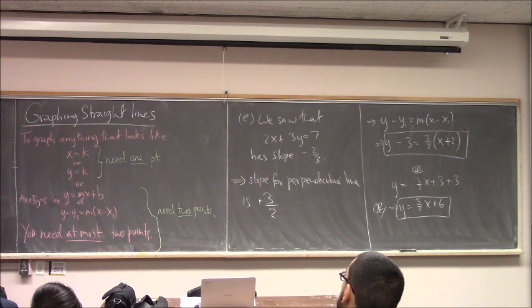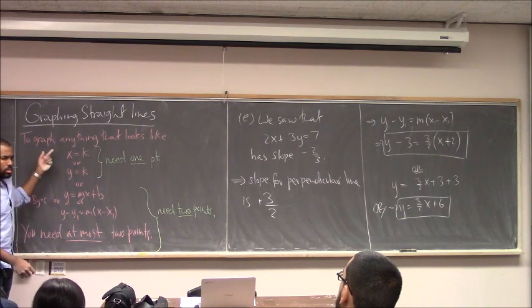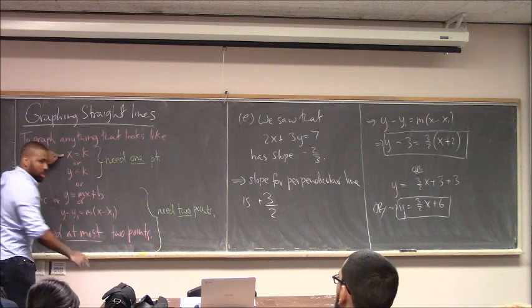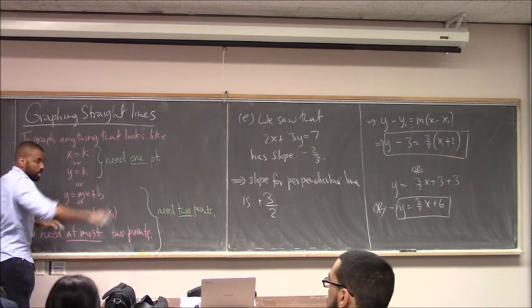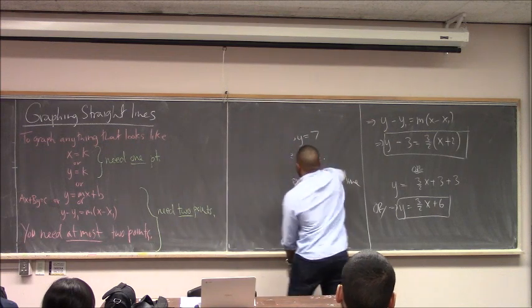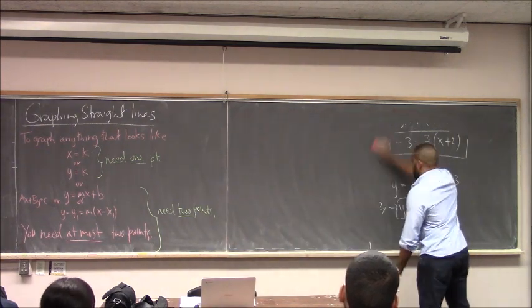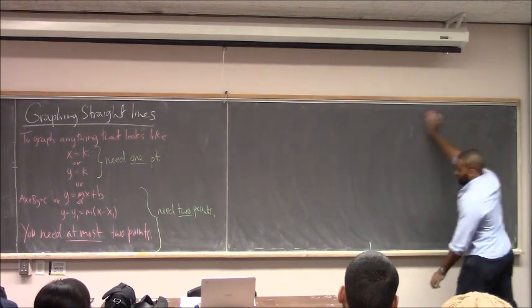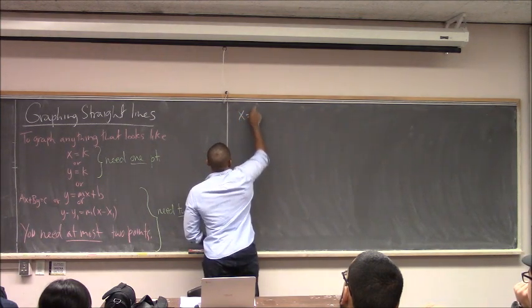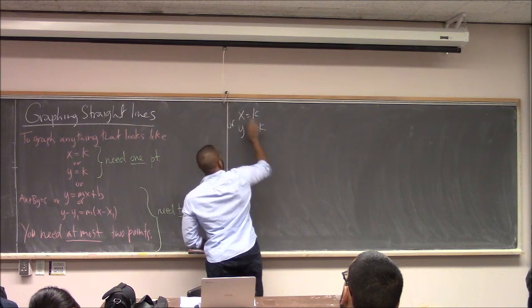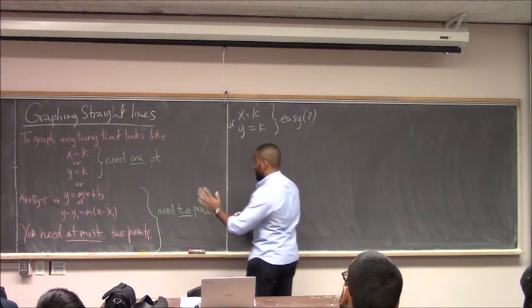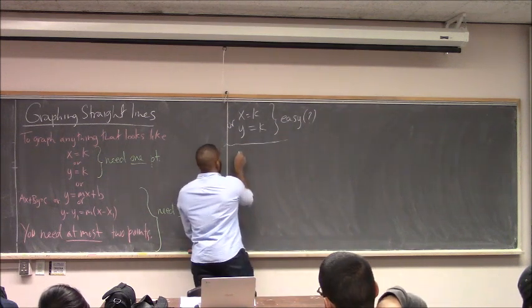Okay. Now, let's talk about that. Now, the horizontal and the vertical case, we're fine with, I assume. Okay. So, if you have x equals k, find the number k on the x-axis, draw a vertical line to it. If you have y equals k, find that number on the y-axis, draw a horizontal line to it. Okay, that deals with those cases. Now, in the other cases, I'm going to consider these as the easy cases that we don't have to go over. I guess if you have trouble with it, you can talk to me privately. But otherwise,